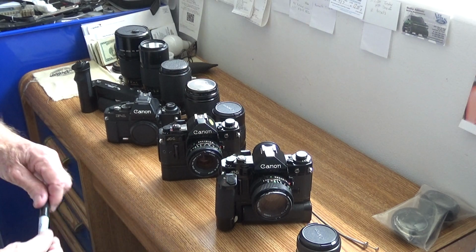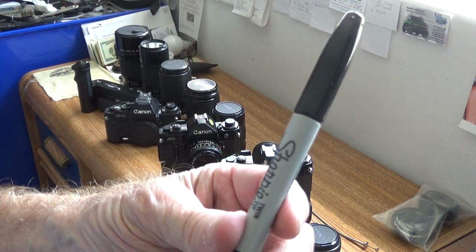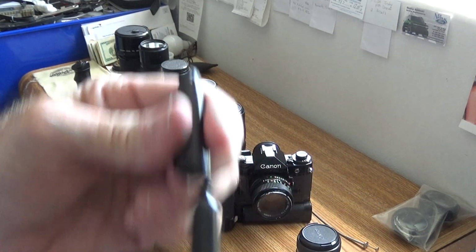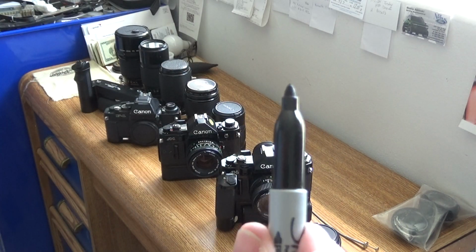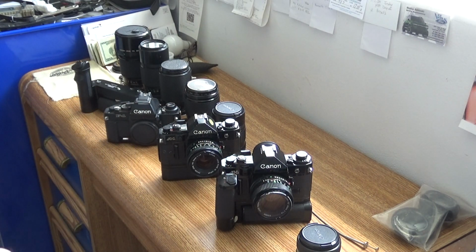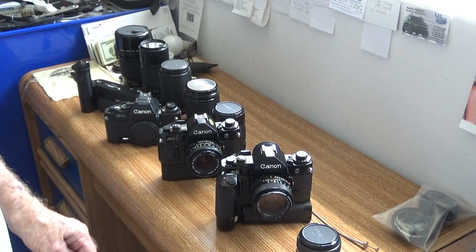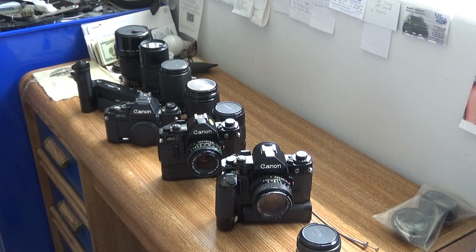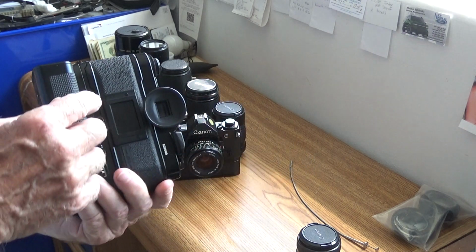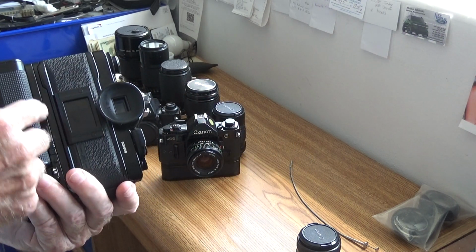here we go. Other secret tool, the black permanent marker Sharpie. I'm sure you've seen these before. But what I do on these is, especially when you have black cameras, if you have a chrome camera, there's nothing you can do about wear around the chrome, but you can still use your black Sharpie